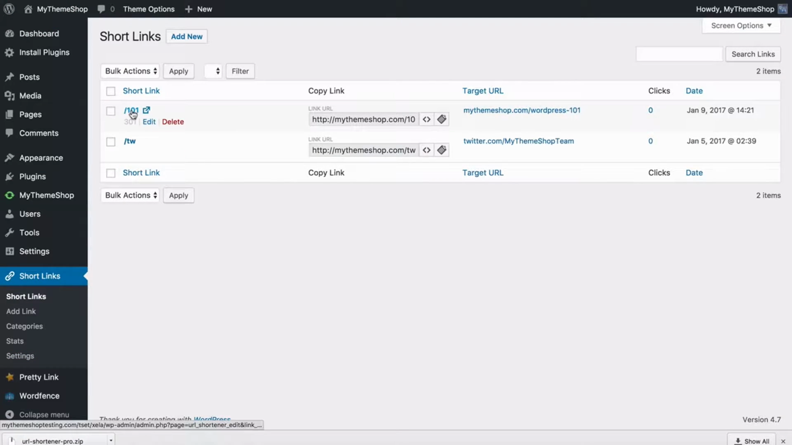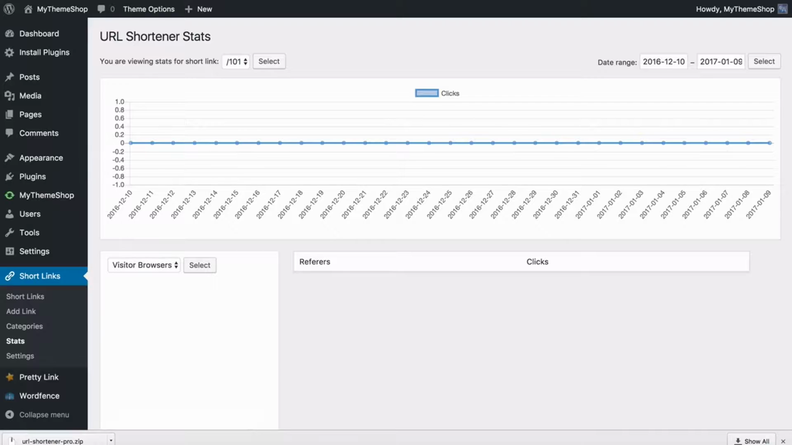We've got one, mythemeshop.com/101 will now take you to WordPress 101, and /TW will take you to the Twitter account of the My Theme Shop team. You can also note that for the links imported from the free version of the plugin, whilst I don't have any stats here, any stats you do have will be automatically shown here. So you're going to see all of your past data for existing links as soon as you switch to the